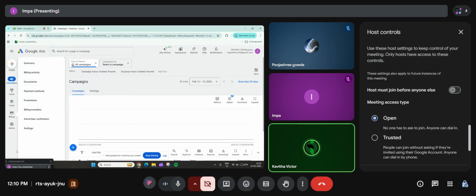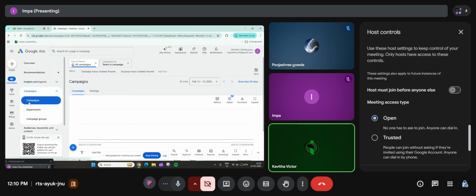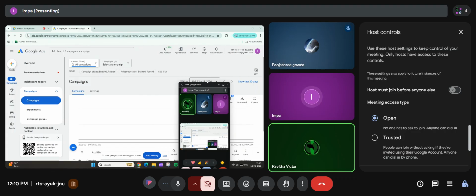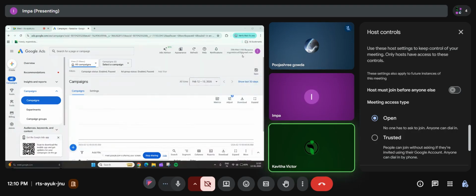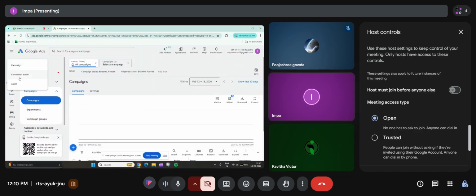Okay. Campaign. Did you click on that? Or else do one thing. On the left top, you have a plus create icon. Campaign.